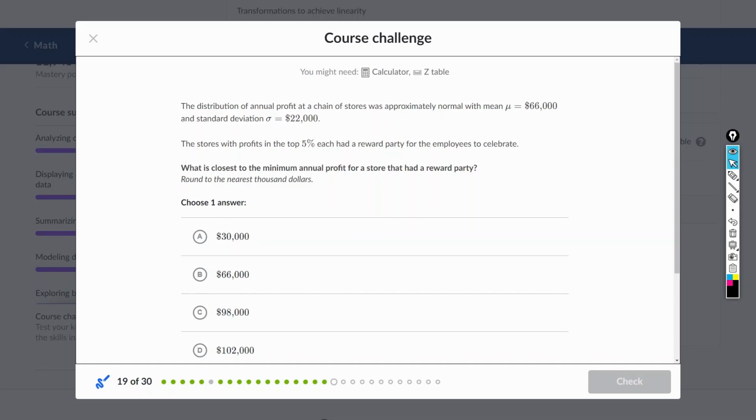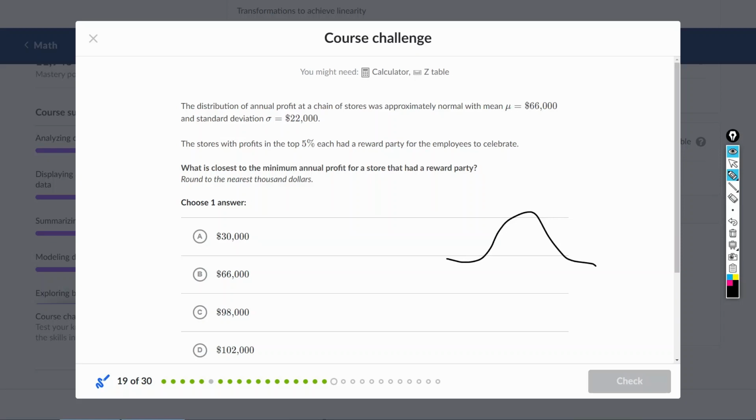What's the closest to the minimum annual profit of a store that had a reward party? 那这个我们稍微画一下。这里 mu 是66000，然后一个 standard deviation，两个 standard deviation。top 5%，那么我们要想办法，它这一块面积是前 5%，那么我们要先把这个